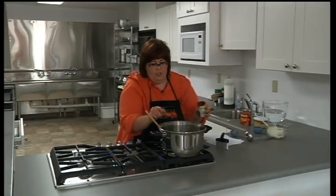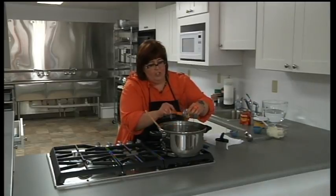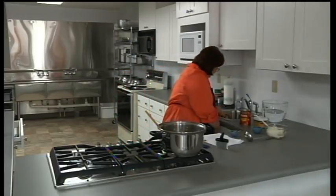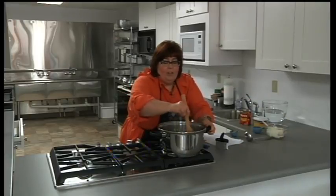Thank you, my pinch hitter, for my little measuring spoon. It's working for me in a pinch here. This will take about 3 to 5 minutes. I'm gonna stir it every now and then, but while it's cooking down, I'm gonna go ahead and work on my cheesy